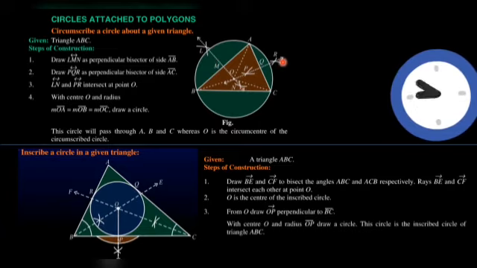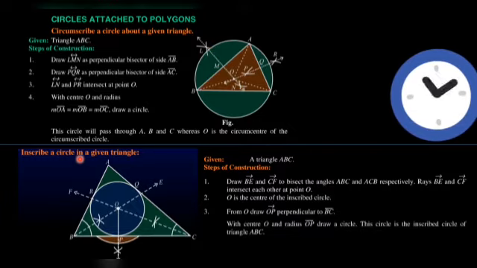Similarly, I shall draw another perpendicular bisector of one of these sides. Let's suppose AC. So PR is the perpendicular bisector of AC. Proceed these two perpendicular bisectors to join each other at a point. This point is the center of the circle which is circumscribed about this triangle. Now we open the compass from O to A or O to B or O to C. It is equidistant from all these three points, so the radius is the same. Then we draw the circle using a compass.